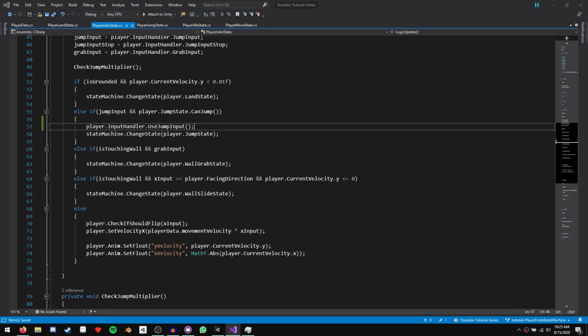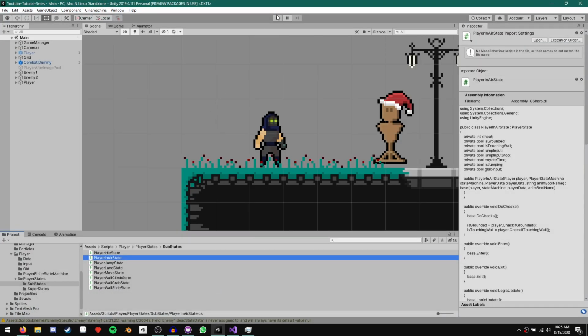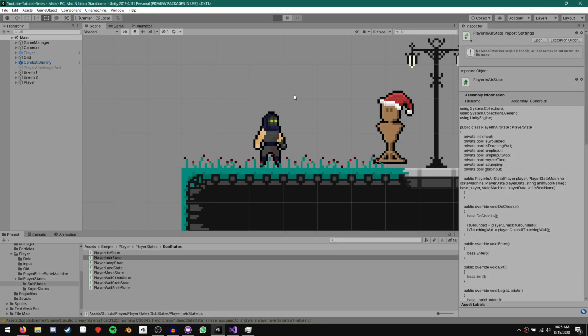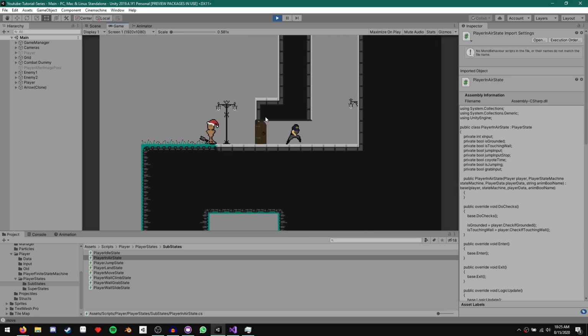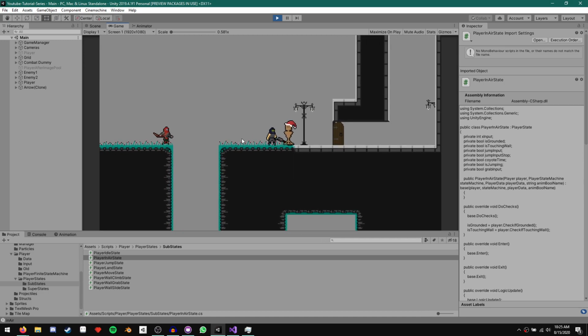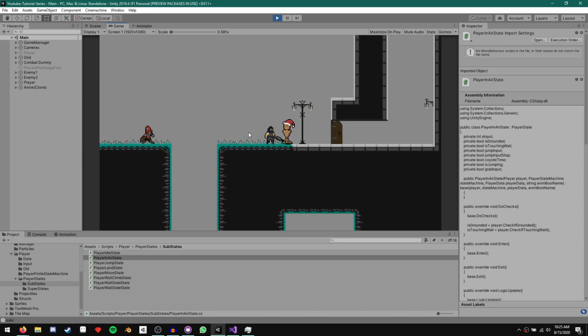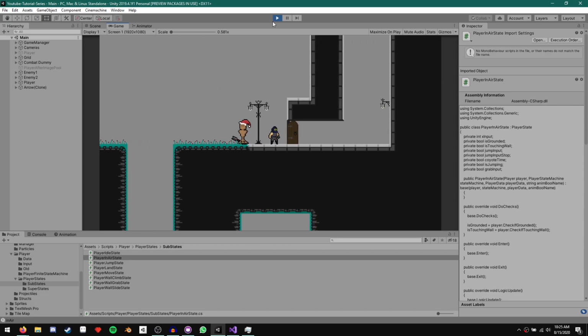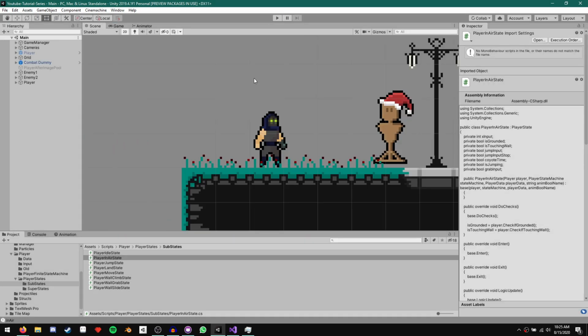Now we just have one more issue, and this comes from a bug that somebody else pointed out in the comments. And we can quickly see if I can recreate it. If we run and we spam jump, as you can see there, sometimes we get lucky and we get a double jump, even though our character does not have a double jump. And that comes from a pretty big flaw in my code so far, but we have a very simple fix for it. So before I show you guys the fix, let me quickly explain what is happening.